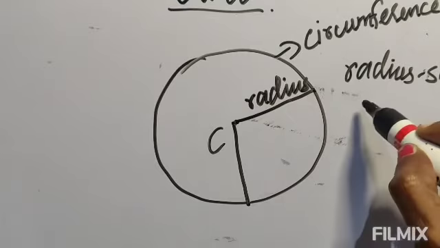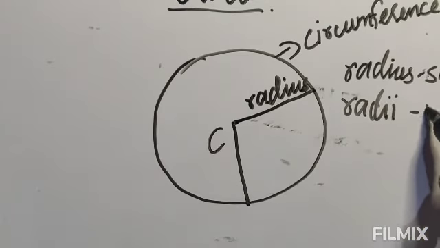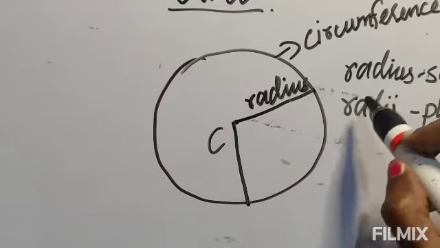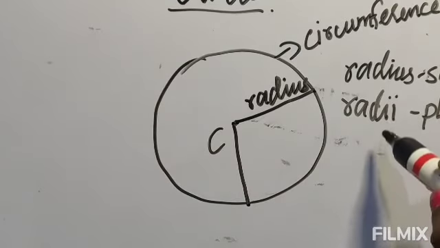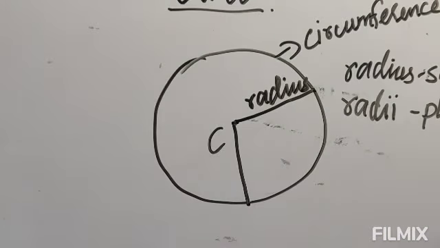Okay, and the plural is radii, with a double i. So it is plural. If you see radii, don't think it is some other word. Both are the same. When it is only one radius, we say radius. But if there are more than one, then we say radii. We don't say radiuses. It is radii. So radius is singular and radii is plural.